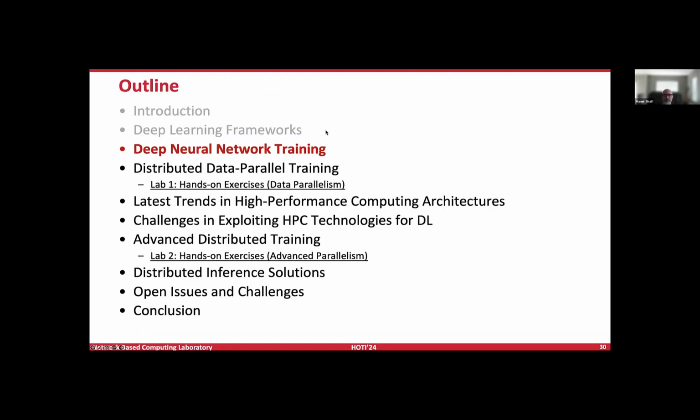So with this, we have just covered some of the really high level basics of deep learning frameworks and how they originated. I think it's safe to assume today PyTorch is a very popular framework, and there are others out there as well. Later in our tutorial, we'll cover some of the other frameworks that support parallel and distributed computing on HPC or cloud systems, essentially. So with this, over to Norris for a DNN training section. Yes, over to you, Norris.